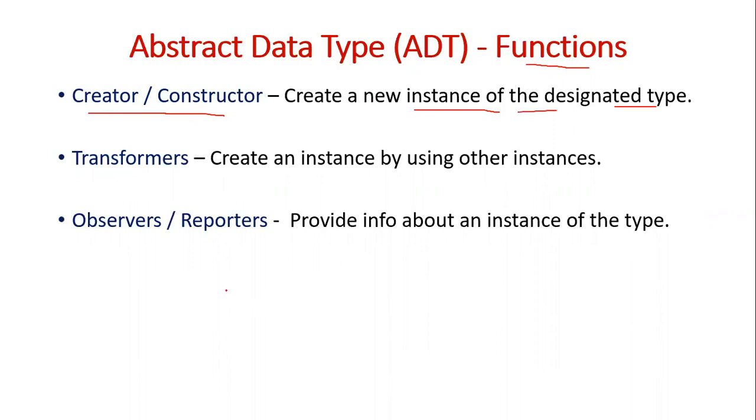So for example, the stack we discussed. If you want to create an instance of a stack, in a typical programming language you may have to write: stack s. What does it mean? s is an object, an instance, or a variable of type stack. When you say int a, what does it mean? a is an object or a variable of type int. So that is a new instance. a is an instance of type int.